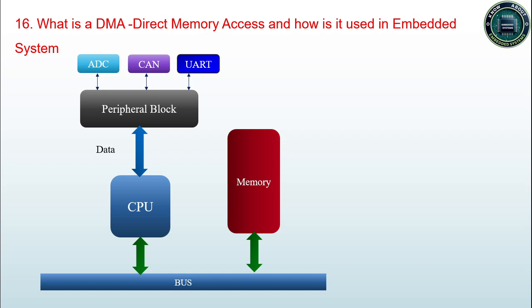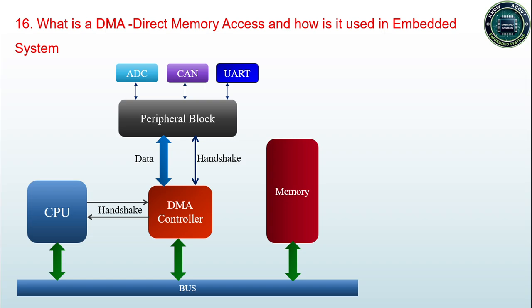But during this transmission, what will happen? The CPU has to execute these instructions and the main program will be halted, right? So if you have a main program and you want to transmit the data from memory to peripheral, the CPU is going to waste time, or the CPU will be busy in data transmission, and the other main code or main program will be under halt condition. So to avoid this,